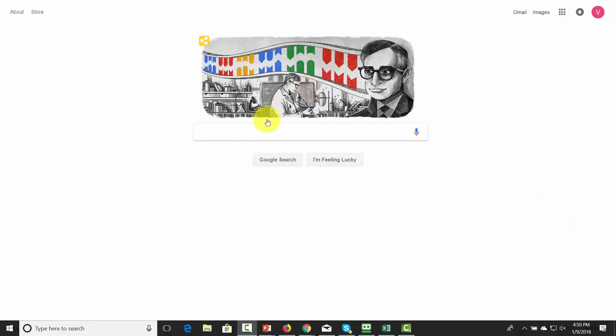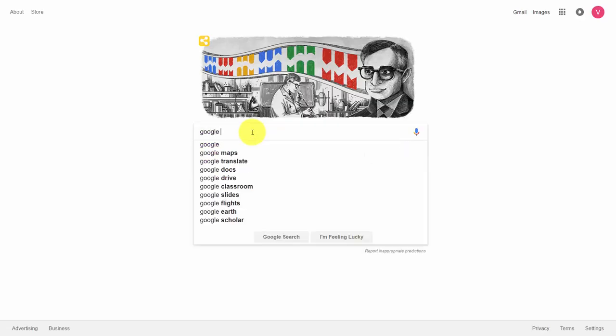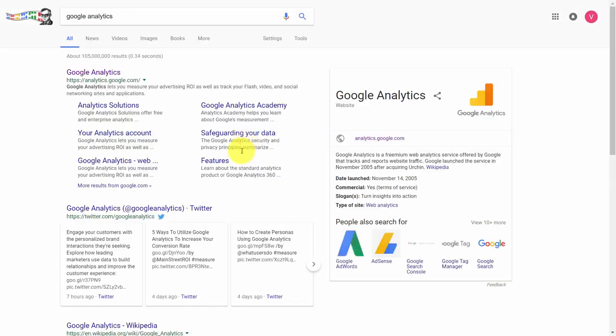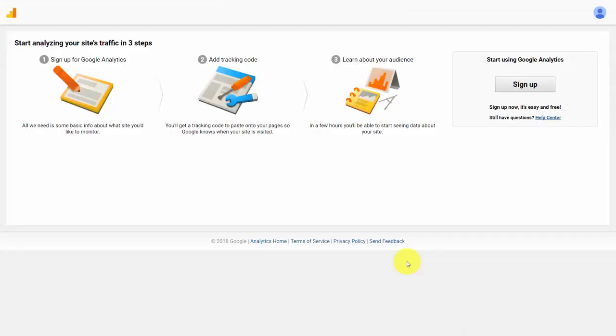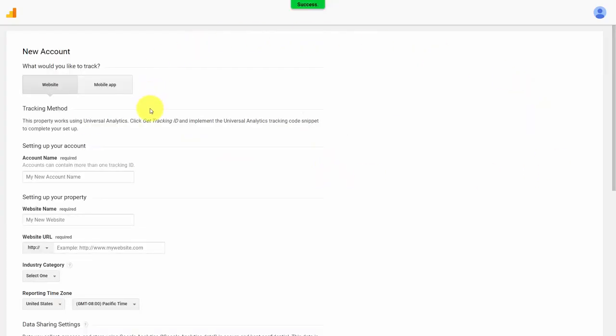And to do that, you are going to go back to the Google Analytics account, and you're going to want to make sure that you are signed in to the account where you actually want the new Google Analytics to be associated. And you're going to just go into Google Analytics, and you are going to come to a screen where Google will ask you to sign up, add tracking code, and pretty much learn about your audience. And all you'll need to do is to click this sign up button,